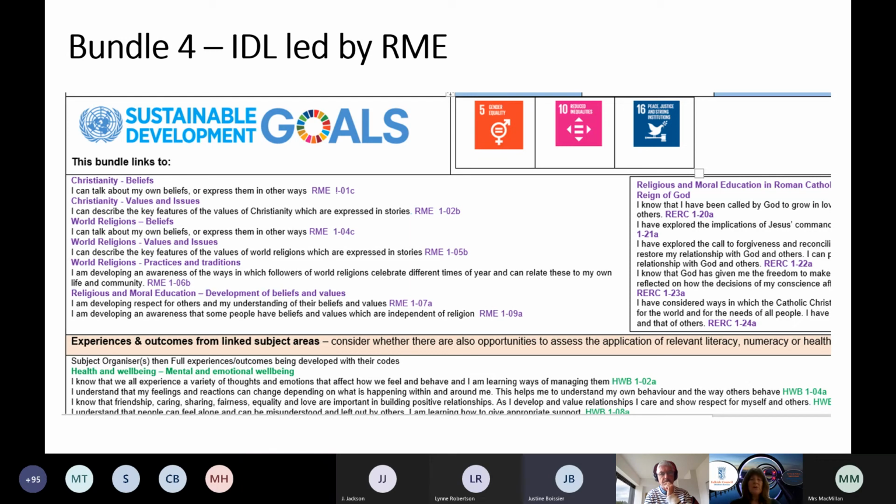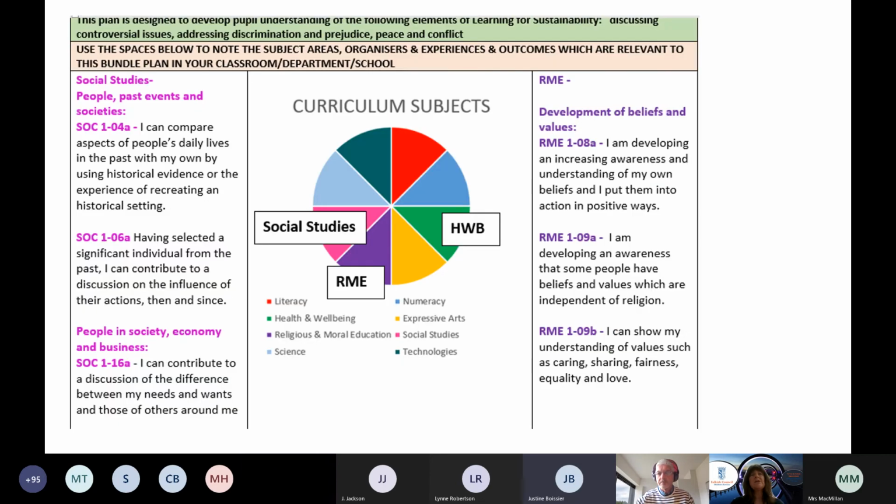So this is a bundle which is capturing, I suppose, a lot of learning that isn't always captured or noted in a school's curriculum, that idea of overtly teaching values and attitudes. So we were quite excited about capturing this bundle and having it led by RME.